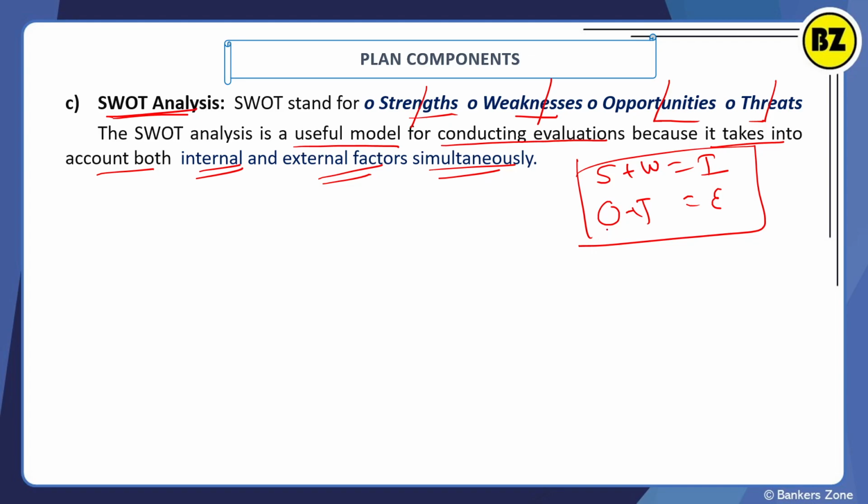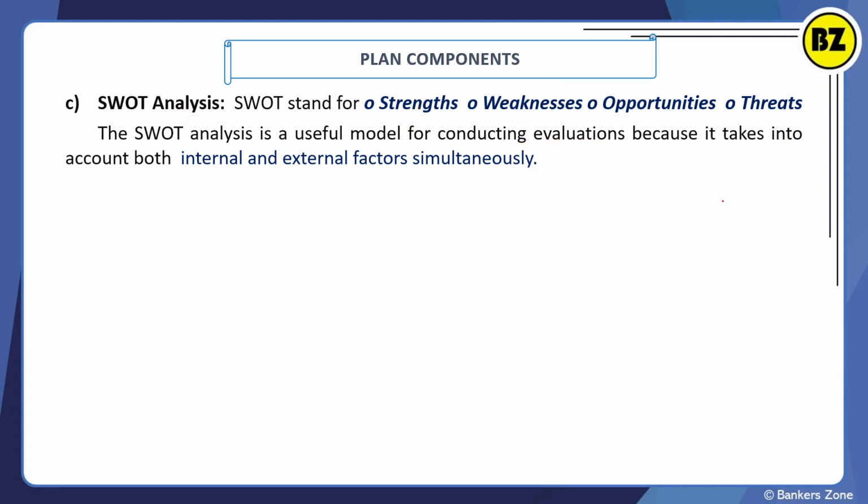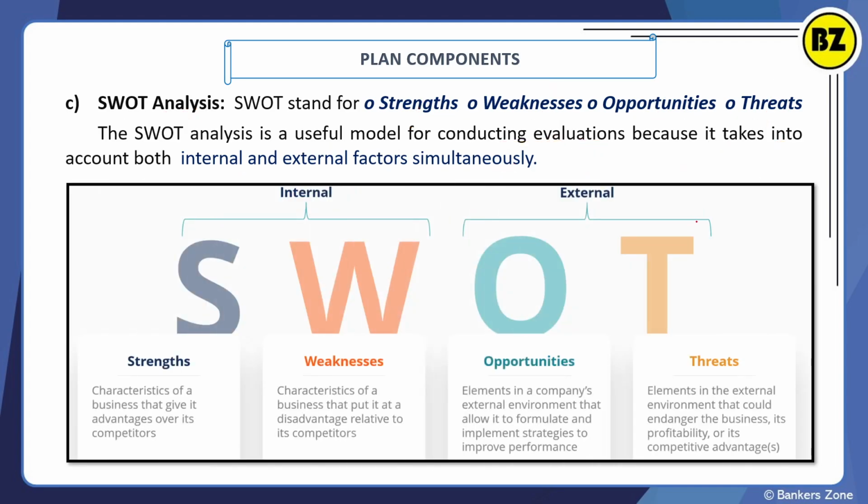Okay, so there can be a question, which of the following is not an internal factor, like that. Very simple. Strength, what strength the company is having, what are the weaknesses of that company, it is the internal matter of that company. What are the opportunities in the market, what are the threats from outside the company. Okay, these are the external factors, right? Very easy. Now see here, we have to discuss in detail what the SWOT analysis is. Strength and weaknesses are internal, and opportunity and threats are external.